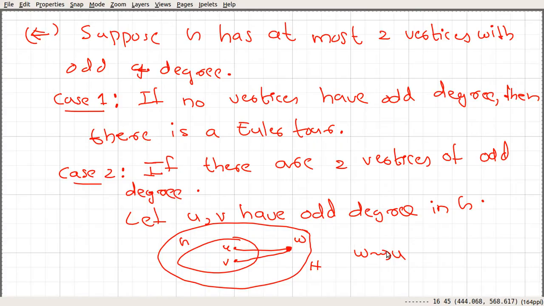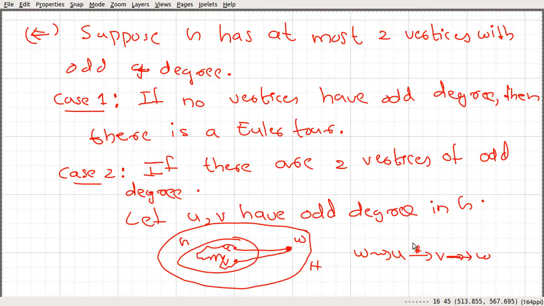Then it traces out a trail here and comes back to V of some length. Of some length V. And then it moves to W, using this edge. So we can see that in this graph we have this Euler tour, and in order to get